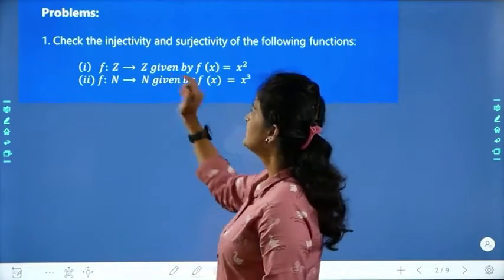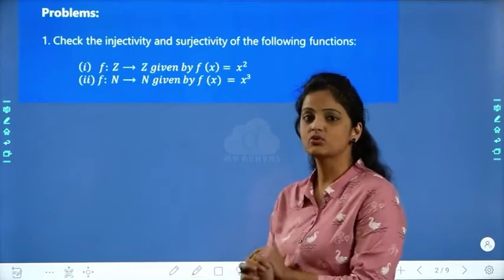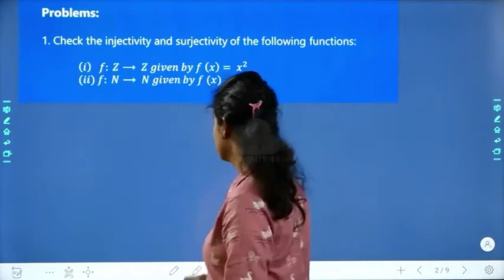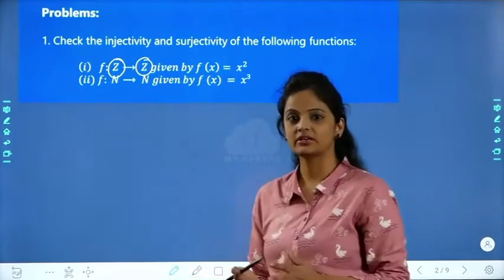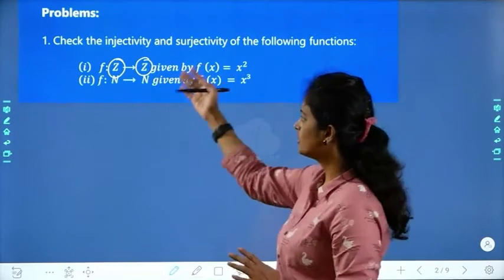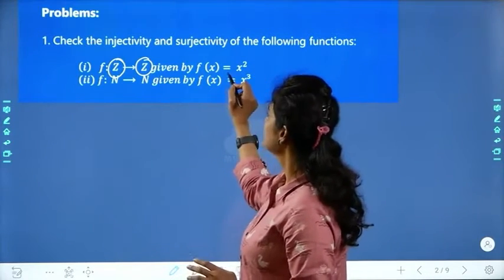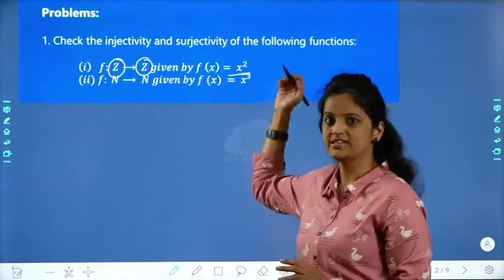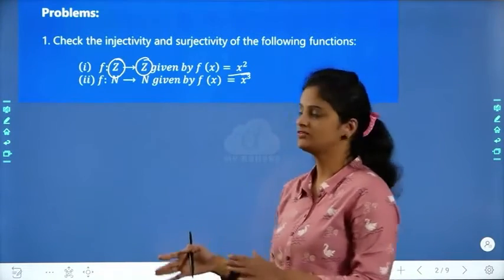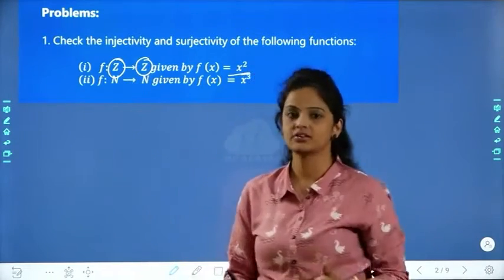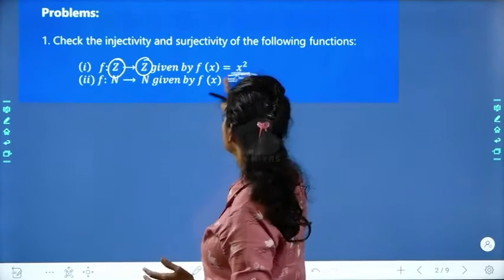First one: check the injectivity and surjectivity of the following functions. So here what is most important is the set they have given, from where to where the mapping is going. According to the mapping only we have to solve the problem. Even if they give the same function, like x square and x cube, if x square is given and the sets are different, the answer will also be different. So I am doing the first problem now,